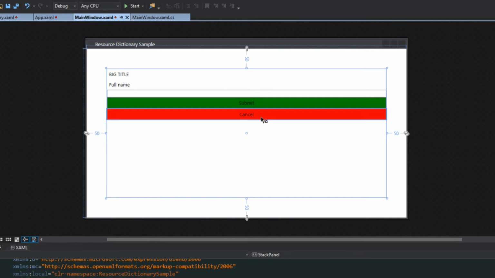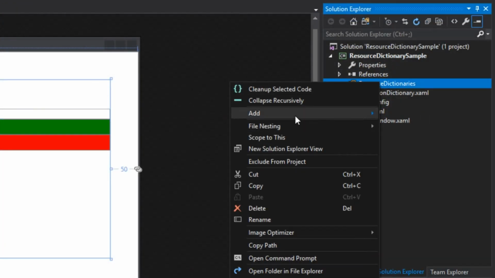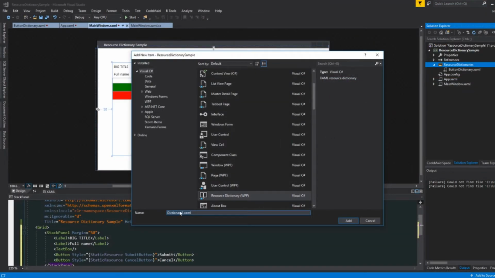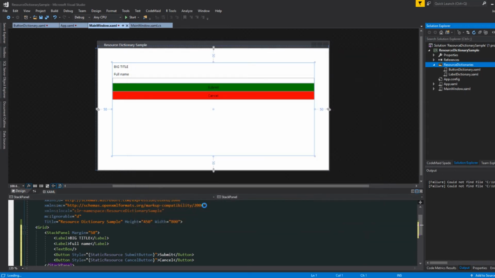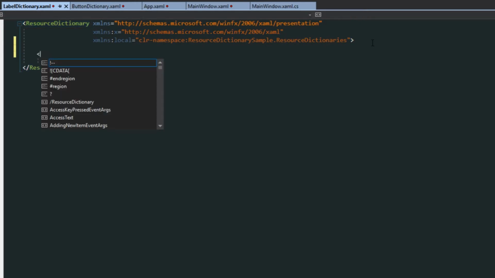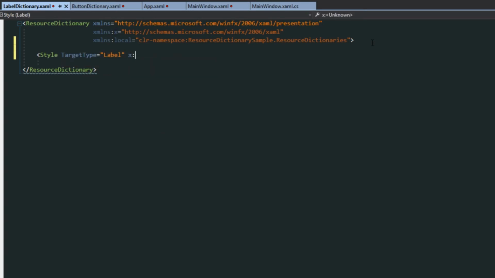But of course we want to do more than this, because this is relatively simple. So we're going to go over to our resource dictionaries again. We're going to add another resource dictionary, and we'll call this label dictionary. And just as we did before, we're going to create a style, a target type of label, and give it a key of text box label,